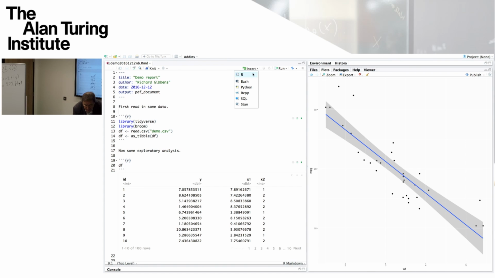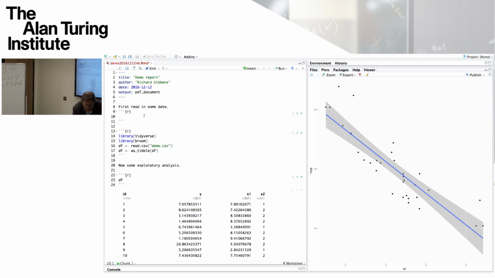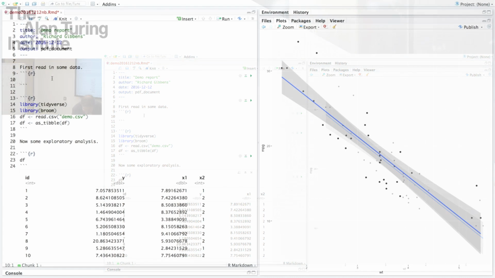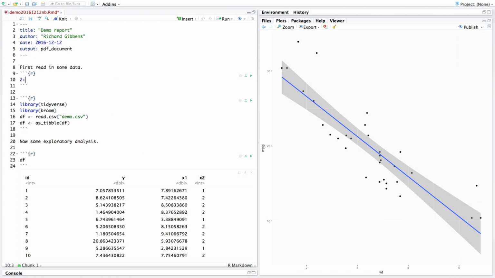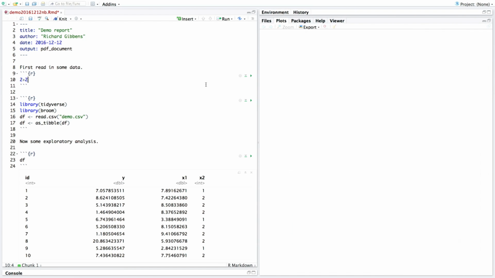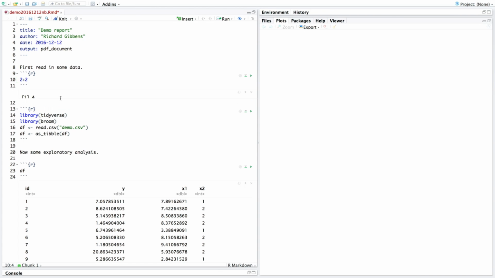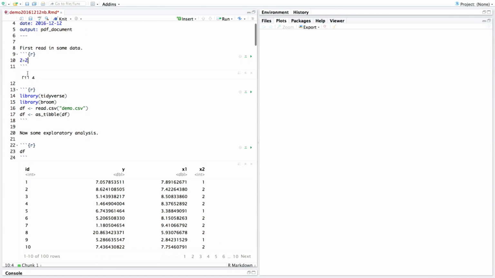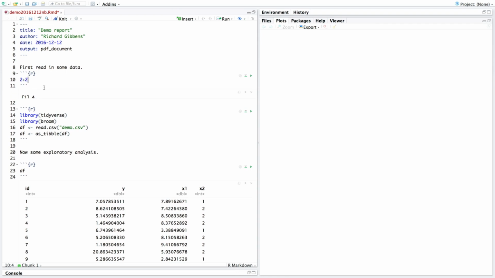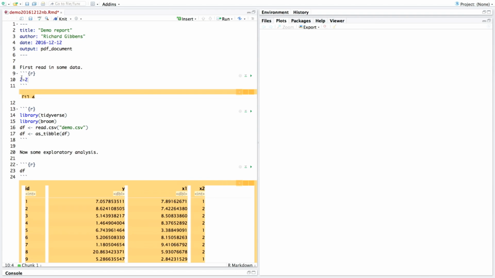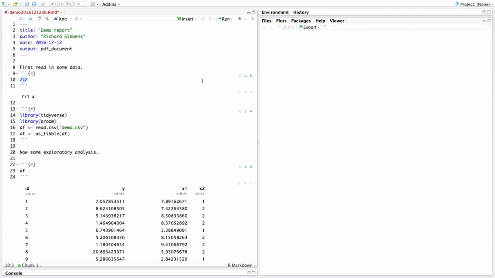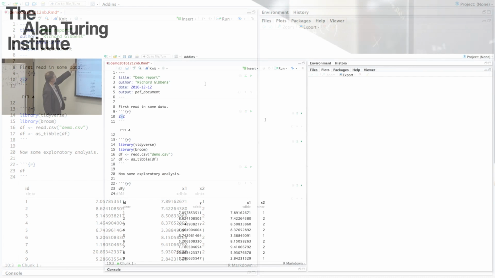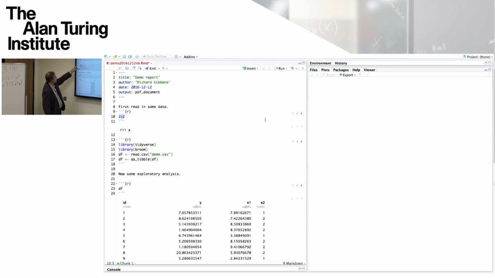Insert a bit of R, and it gives you this template, and you can include a bit of R there, and if we execute that bit of R, then we get the output from that R, which is that 4 there. Okay, so I guess we don't really want that, but maybe we should. So that was an R chunk, which created the DF.